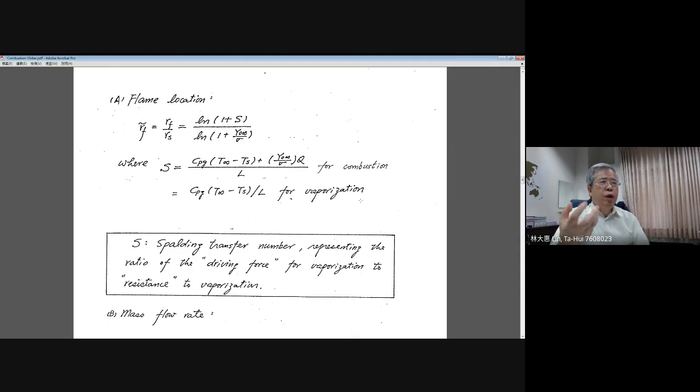That means the composition of air. When you have some vapor coming out, you will meet the oxygen, the fuel, and the nitrogen together, which means you are in mixture conditions. You cannot treat it as a pure substance, which means the pressure in the environment should be described by the so-called partial pressure,